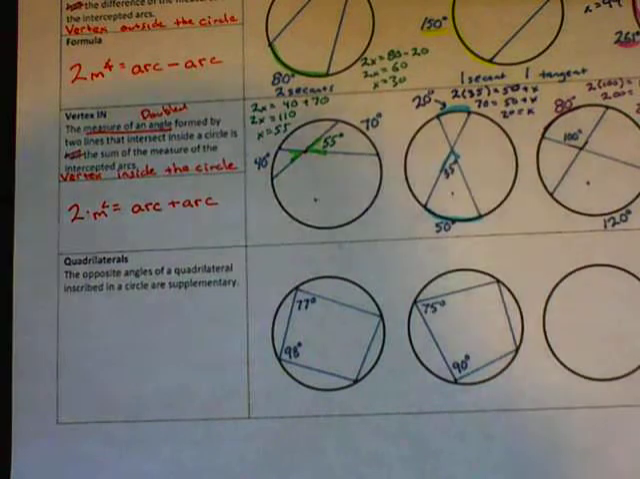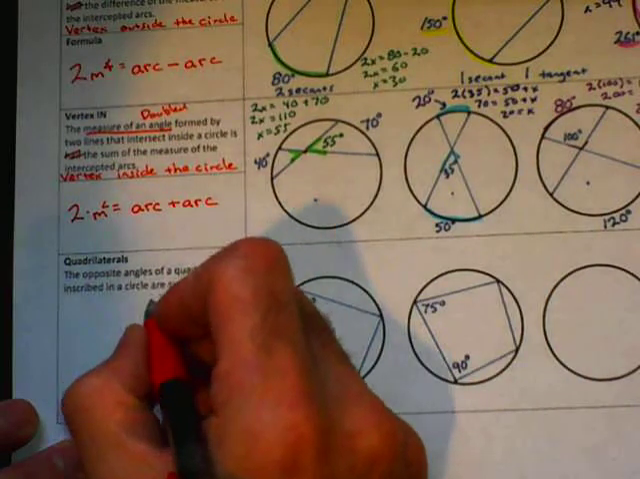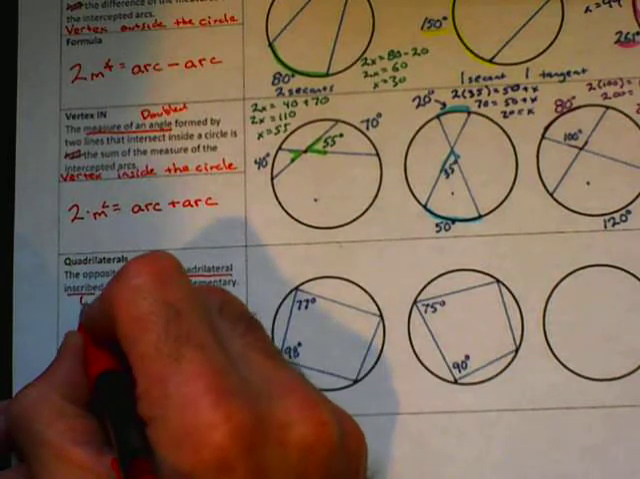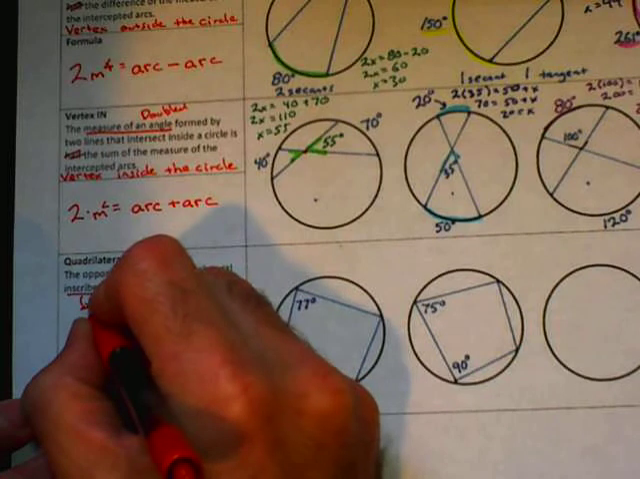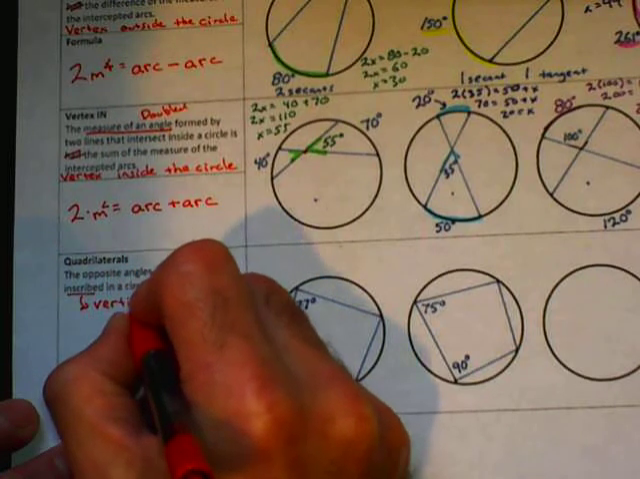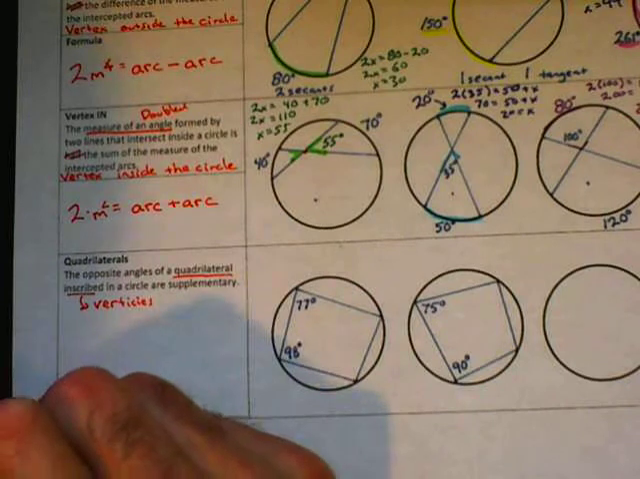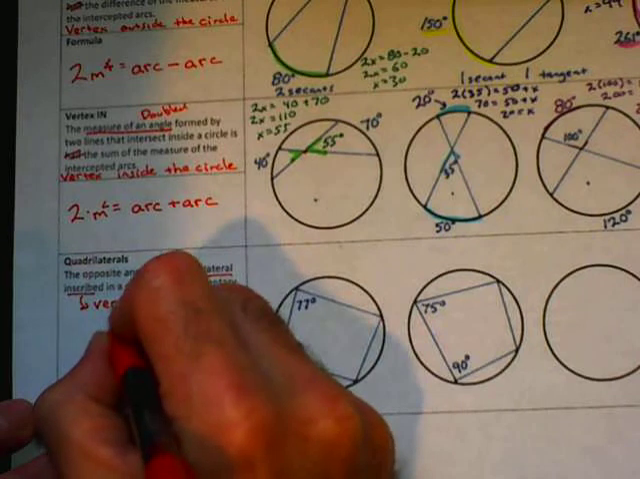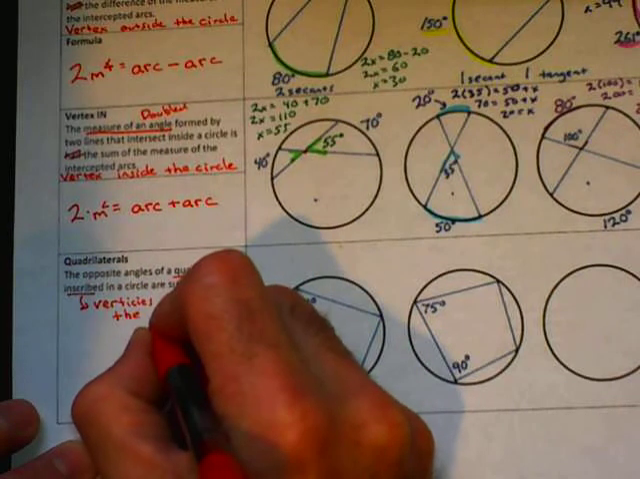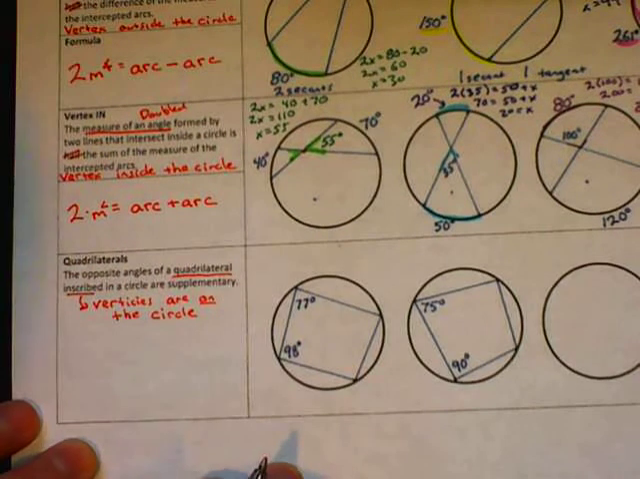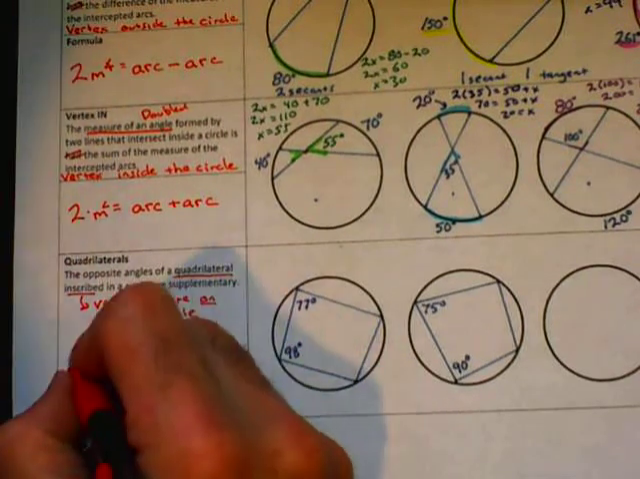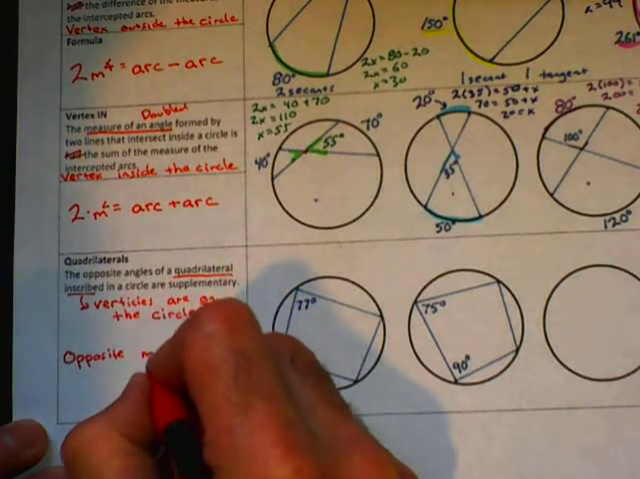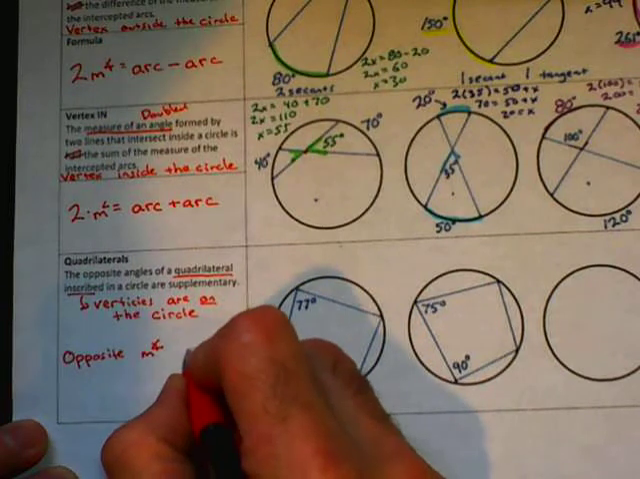So here, when we say the opposite angles of a quadrilateral inscribed, that means the vertices are on the circle. That's what it means to be inscribed, the vertices are on the circle. Once we know that, we know that opposite angle measures add